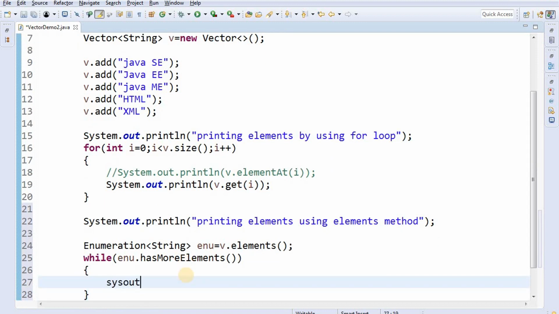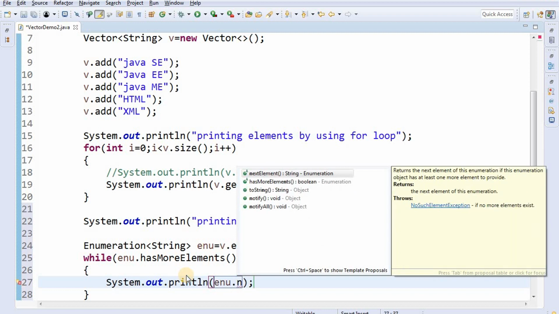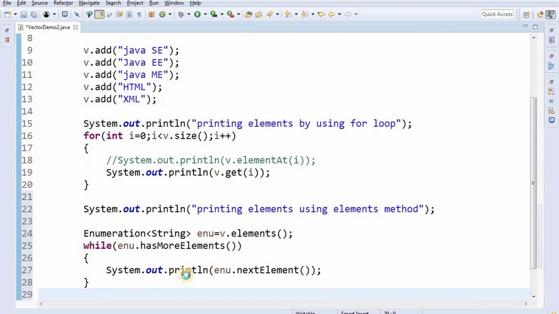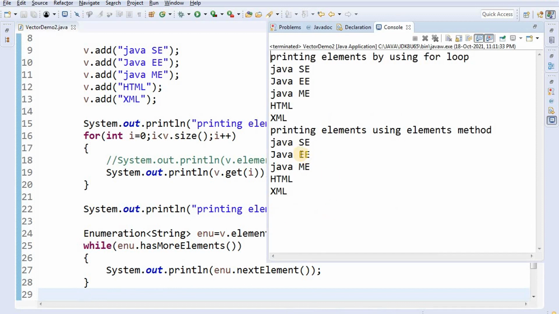Now I am using sysout enu.nextElement. It is used to get the next element from the Enumeration. This is the second technique. Try to run the code. It is printing elements using the elements method from the vector. This is the second technique.